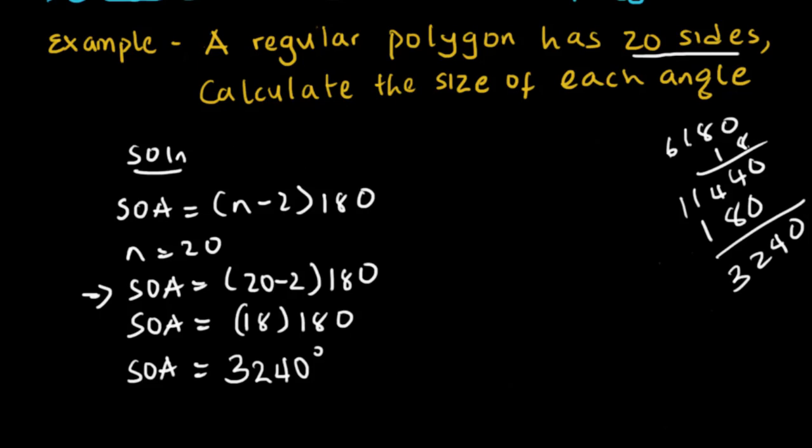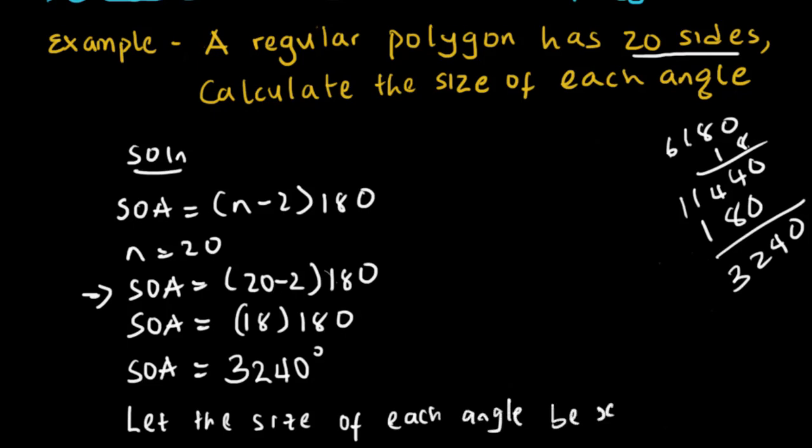So now we know the sum of interior angles of the polygon is 3,240, but we want to find the size of each angle. Now if a polygon has 20 sides, it means that it has 20 angles. If a polygon has 40 sides, it means it has 40 angles. If a polygon has 1 million sides, a very big and giant polygon, it means it has 1 million angles. So this is what we are going to do. We are going to say, let the size of each angle